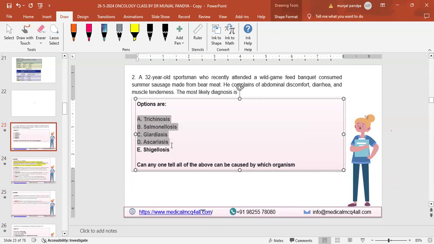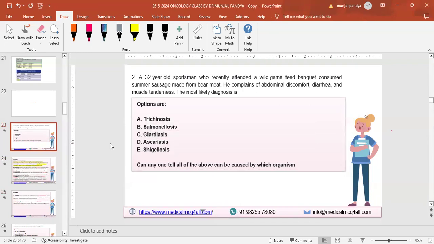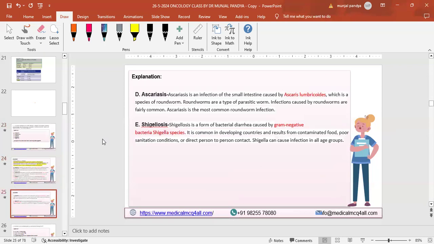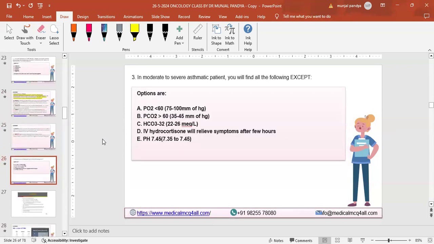It is very common across the globe, especially in developing countries. Even though people are going to the moon, they still cannot control the worms, believe me. So it's a very common problem, especially in Asian countries or developing countries, right? So this is again a little tricky question, but not difficult.